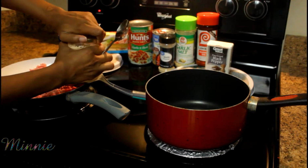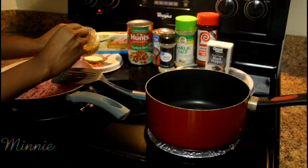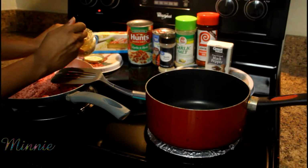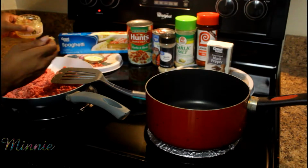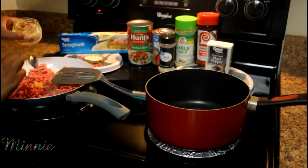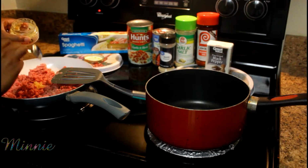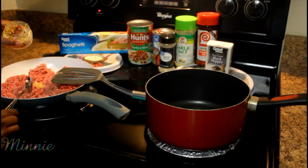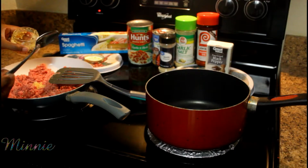Okay, so I have the ground beef broken down a little bit, and I'm just going to take some of my minced garlic, and I'm going to put about a teaspoon. I say it's about a teaspoon, might be a little less than that, but I'm going to put a teaspoon of minced garlic in there. And for my spaghetti, the main thing is going to be like garlic. I'm using everything garlic, so